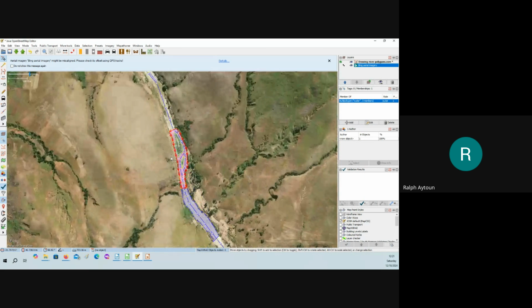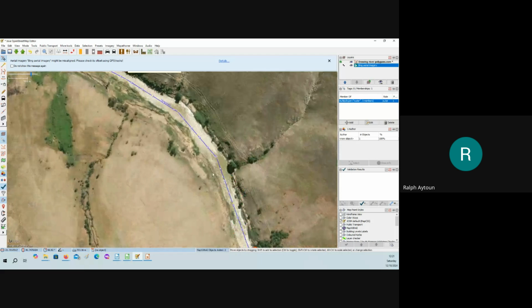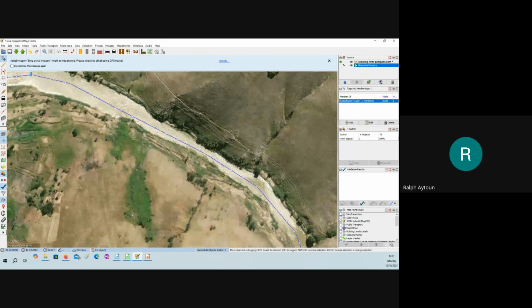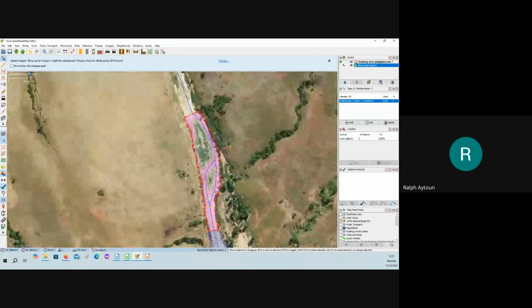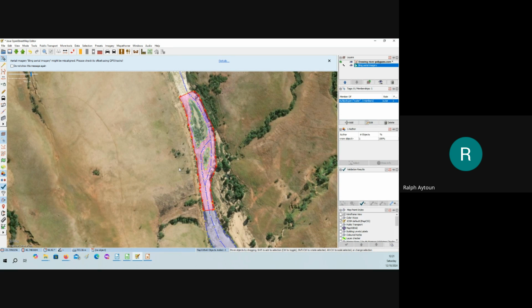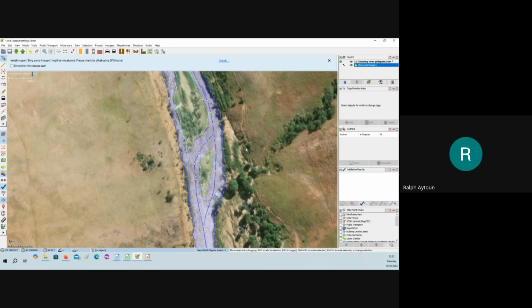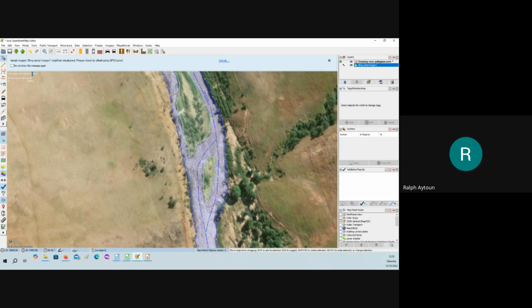If you have a multi-polygon that goes all the way up the river and creates another islet here and another little islet over here, then the person is not going to know all the components of the multi-polygon just by looking. And here is what a problem we have. And I want you to be very careful about this. Multi-polygons are not locked. All the features together are not locked. So you can take a multi-polygon and you can move it.